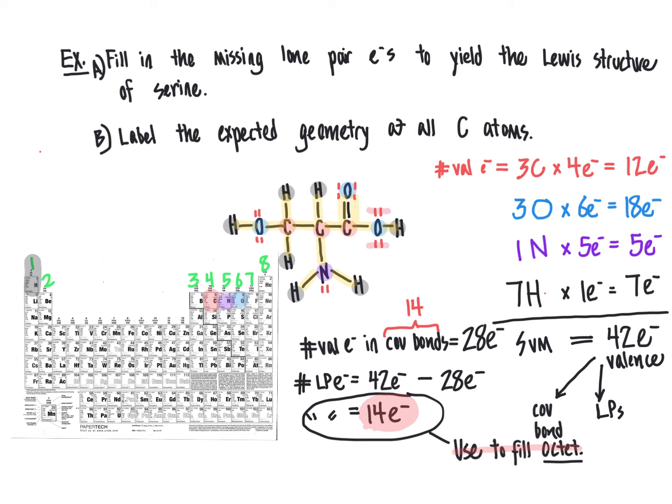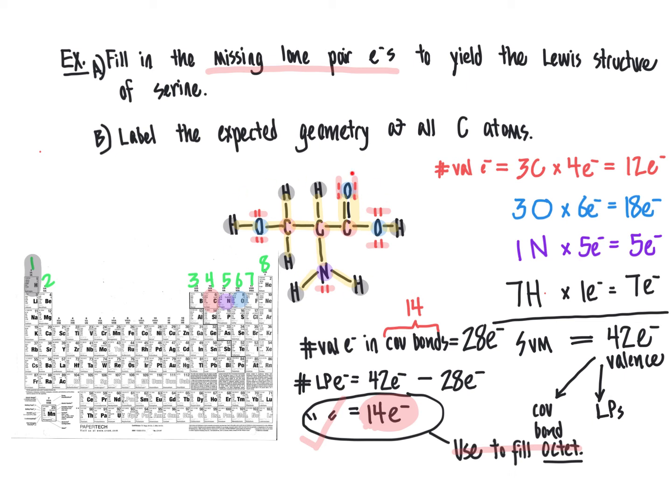We have 2, 4, 6, 8, 10, 12, 14 electrons in lone pairs. So that makes this number check out, indicating to us that we have successfully filled in the missing lone pair electrons, where our goal in filling those lone pair electrons in is to establish a complete octet around each atom within this molecule, other than the hydrogens, which don't follow the octet rule,